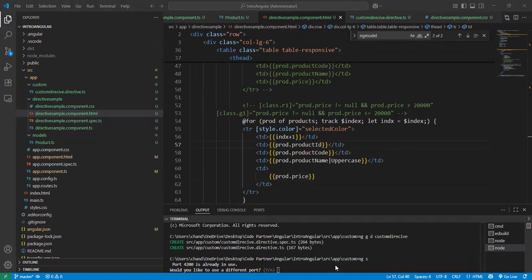We need to import the property name, the pipe, the common module. Inside the common module we have the ngFor, and the pipe will come inside the